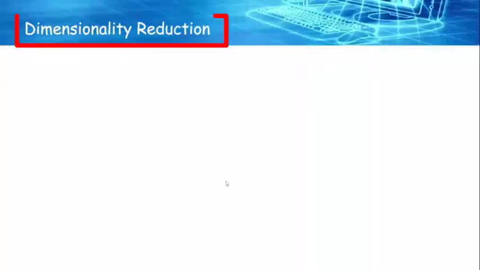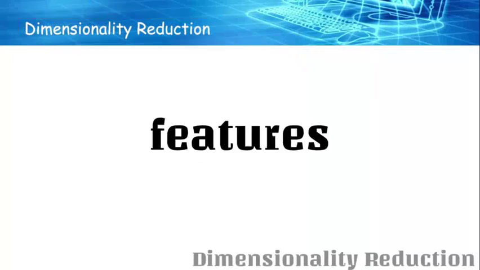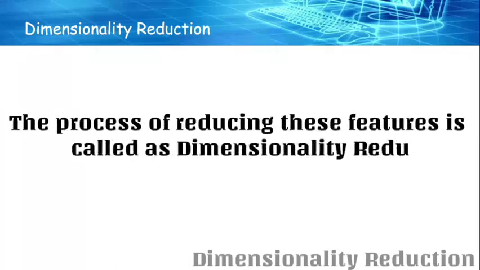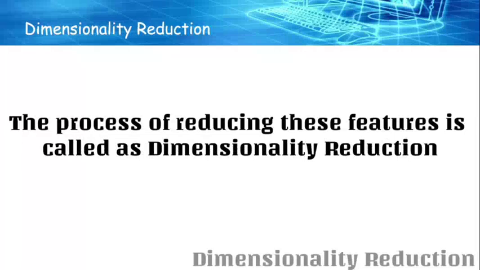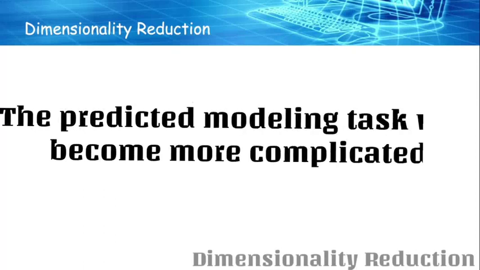Dimensionality reduction. Basically, we have already come across the number of inputs, like features, variables, columns, parameters, everything. All this in a given data set is known as dimensionality. The process of reducing these features is called dimension reduction. A data set contains a huge number of input features in various cases, which means the predictive modeling task